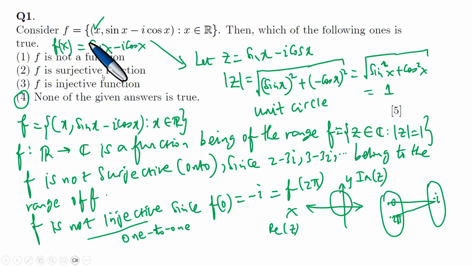and you take the modulus, you square x, you square y, what we are getting is a unit circle. And a unit circle has its own range. What is the range of this? It is all those complex numbers of modulus 1. Therefore, if you take the length of this, or the modulus of this, it's 1. And now looking at the unit circle,